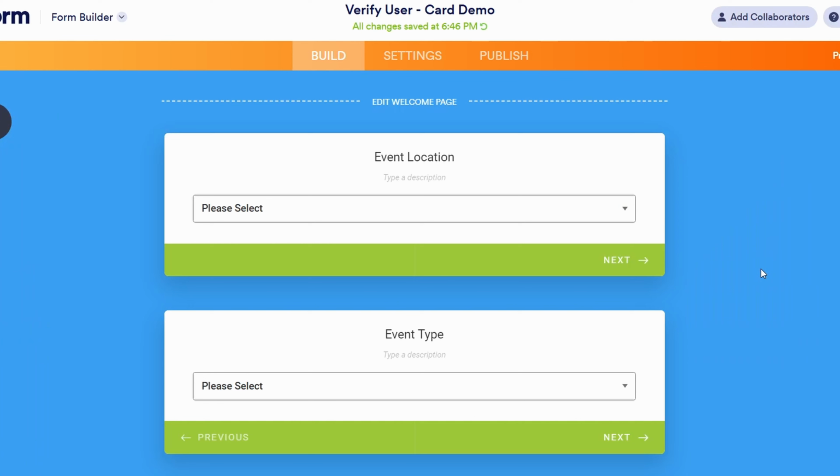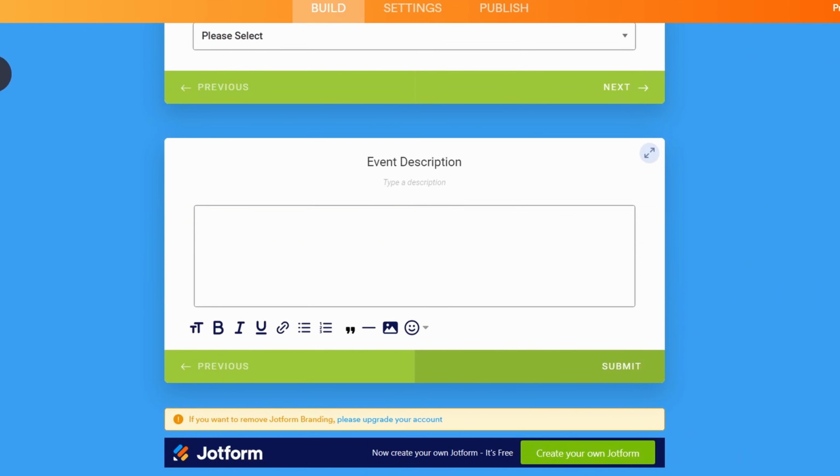So here we have a JotForm designed in card style layout. And again, I have elements to get event location, event type, and event description. And you see right here at the bottom, we have the submit button. And if we preview this form,